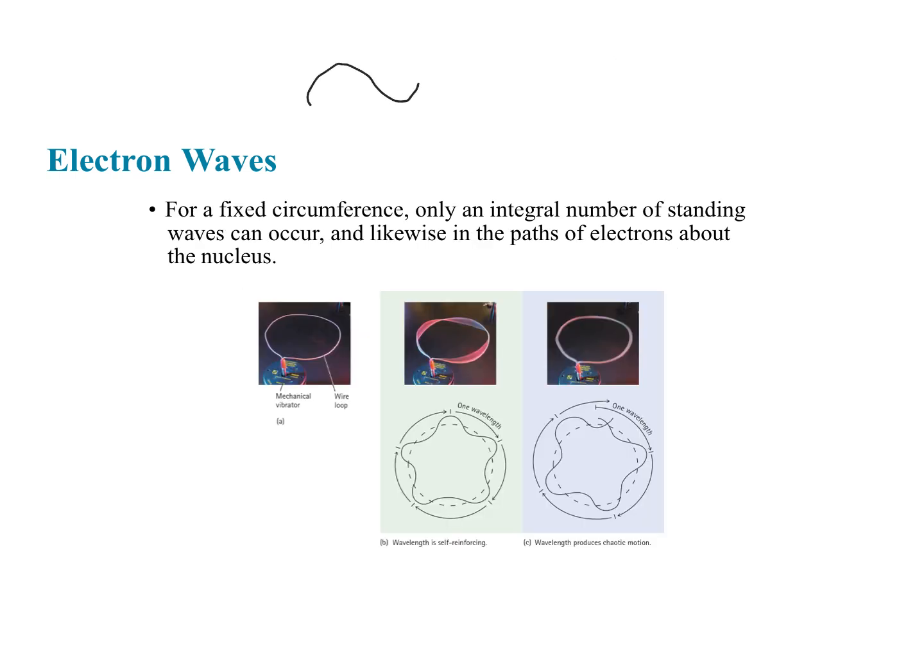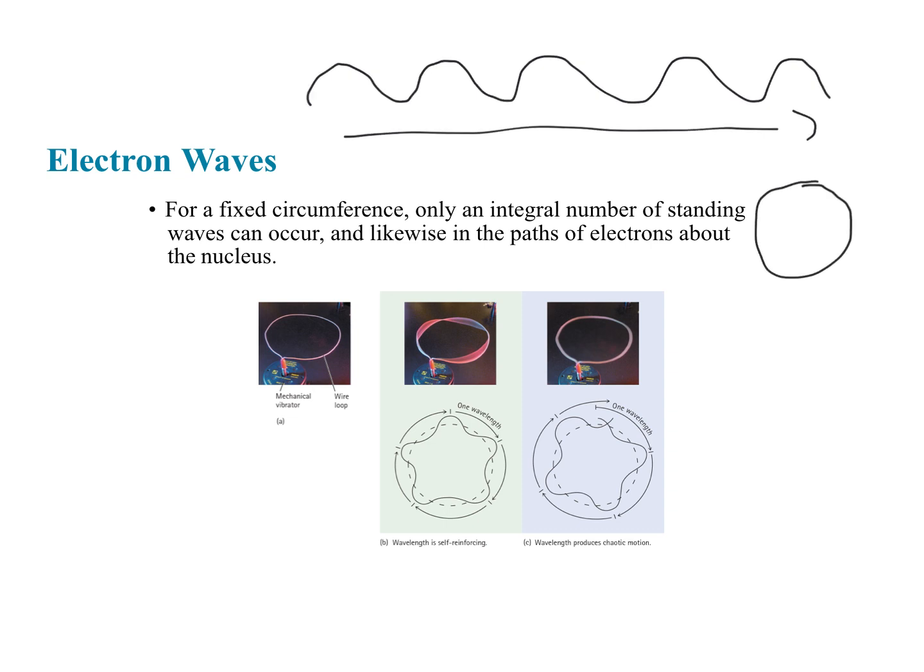Imagine you have a wave, and so a wave is going to go on and on. It's going to rise and fall like this. And imagine instead of it going in a straight line, you took that wave and you wrapped it around a circle. And that's what we see here in the picture below. I want to look at this one that is shaded green. If I start here at the top and I go tracing that wave, I keep going around the wave, and eventually I get back to where I started,